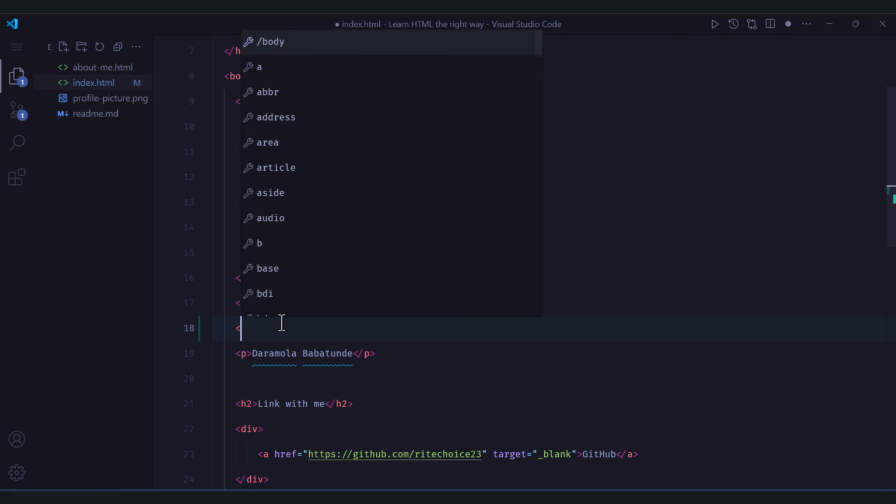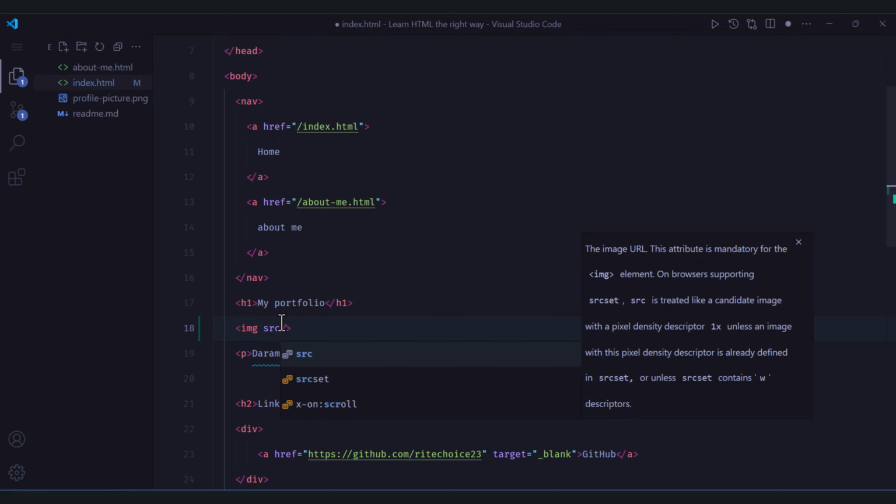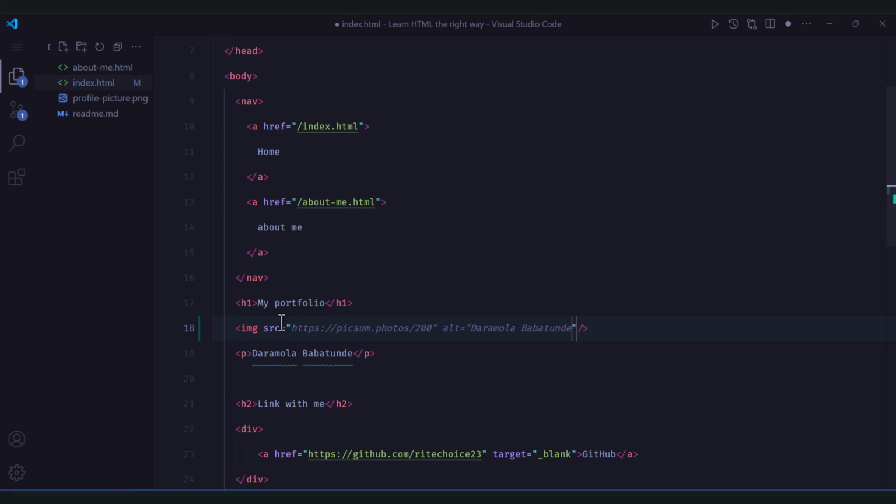So open angle bracket img, then close it. So it's a self-closing tag, meaning some people call it a blank tag. So the first attribute you have to supply here is your src, which means the source. So you can use a relative URL here. You can also use an absolute URL. So we are going to use a relative URL. So I'm going to supply the path, which is